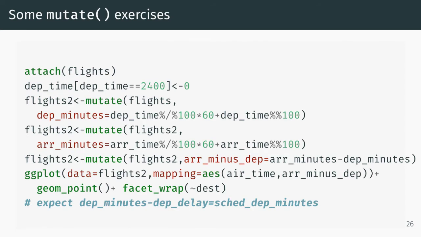Okay, and there are some mutate exercises, and I should have done attach flights earlier in this slideshow. Sorry about that. I think actually that was an exercise. Was how do you bring flights into focus? Here we're just taking the departure times that equal midnight and giving them a value of 0 instead of a value of 2400. Here we're doing that time arithmetic, so we have departure minutes, arrival minutes, so we can actually subtract the departure minutes from the arrival minutes and get airtime,